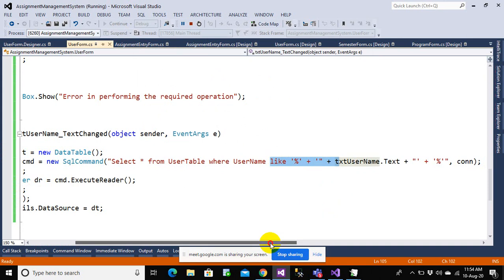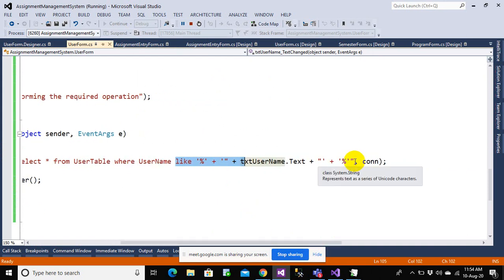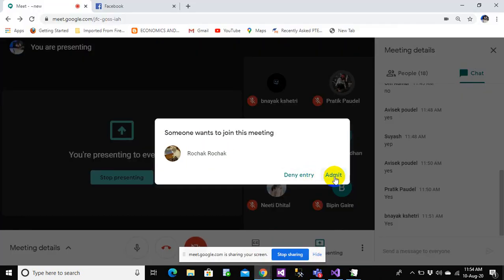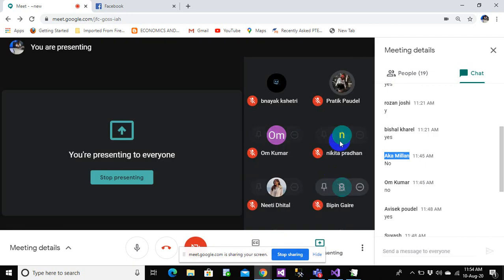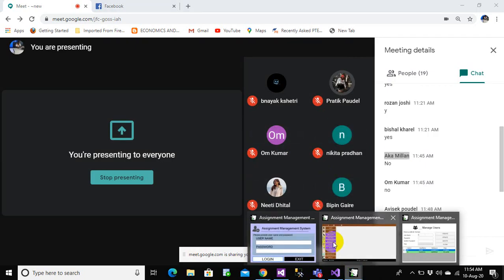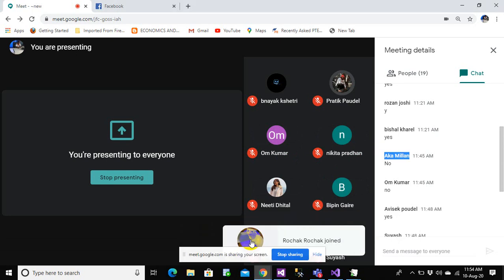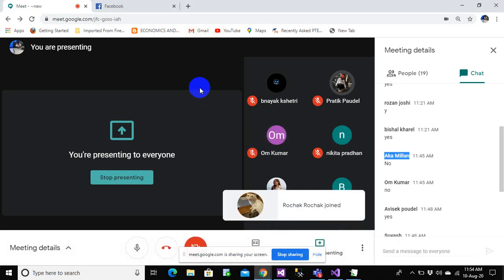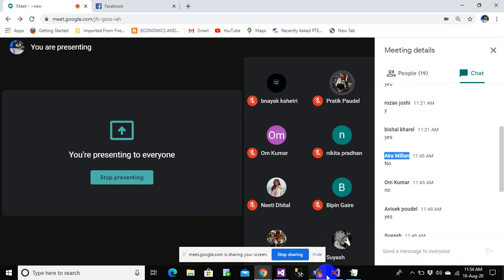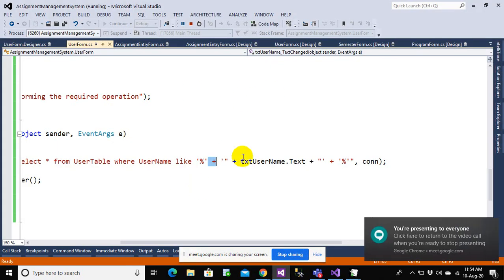So it is a very important query, everyone, and a very interesting query. You can try it out on your own. Later on, we'll try to customize this query. Instead of this plus, we'll be using some parameters. This plus is very dangerous and prone to security risk. So basically, you will be using parameters instead of writing this plus operation.